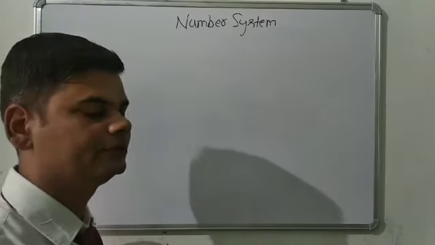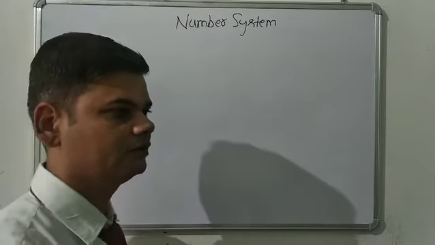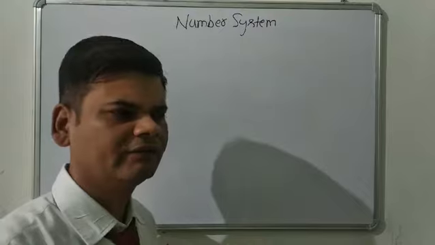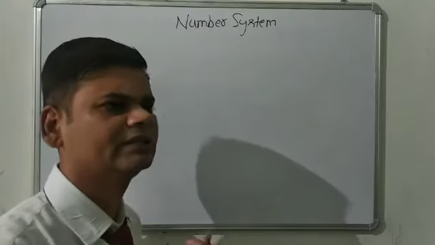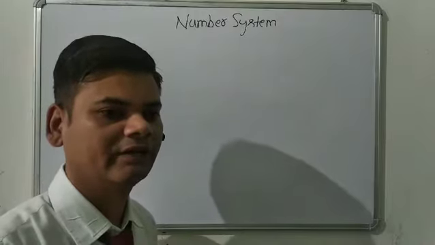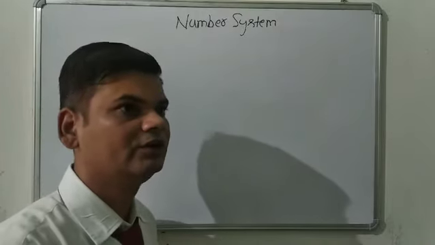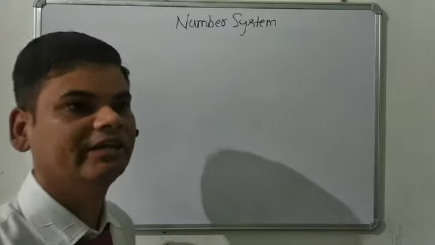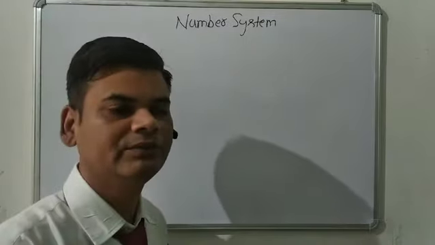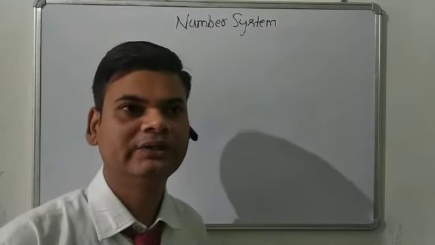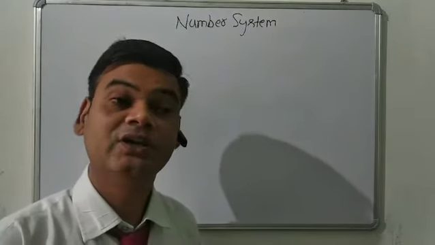Okay, for example, whenever we are talking about length, we have different types of units. We have millimeter, centimeter, inch, kilometer, and mile. Suppose we want to measure the length of a table, then we basically use the inch. We are not using the kilometer or the miles. But whenever we are measuring the length of a road, then we use the kilometer or miles. We are not using the inch.